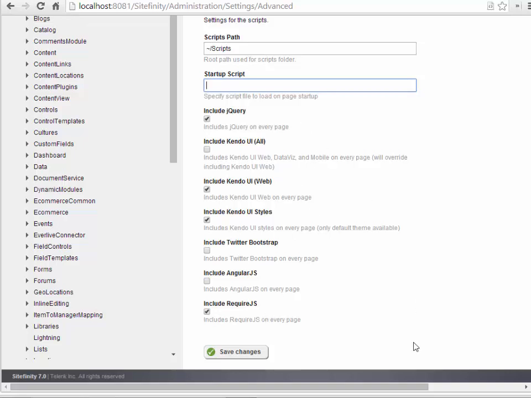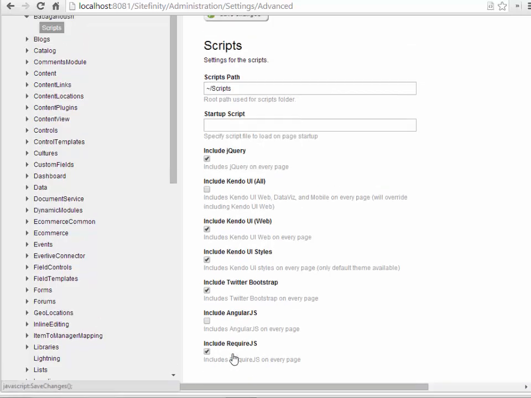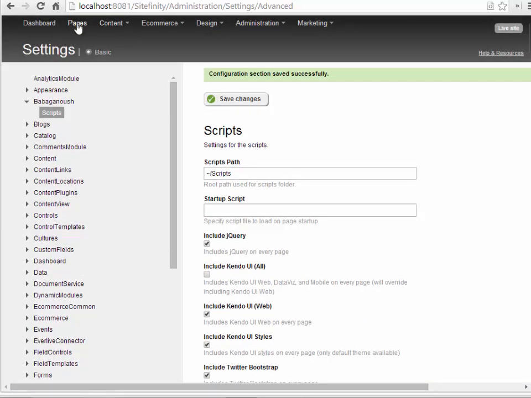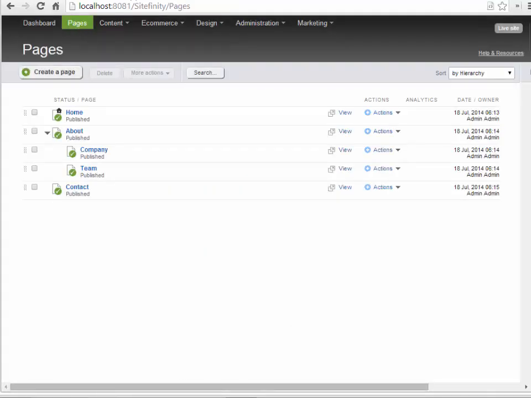So now that I have these three items, let's see what I can do. And just to make it a little bit more interesting, let's add Twitter Bootstrap. And if you like, you can add AngularJS. So let's activate Twitter Bootstrap. Click Save in here. And now if I go into my pages, let's add some content blocks on the page, and let's actually test it out and see if Twitter Bootstrap is on there. So let's go into the home page,